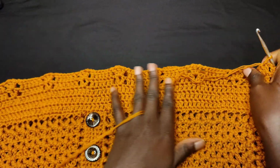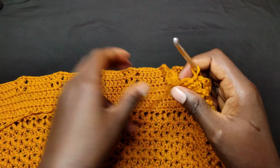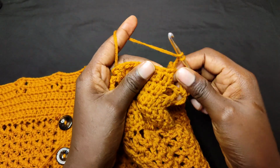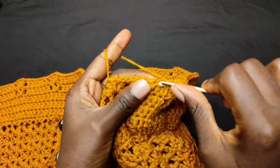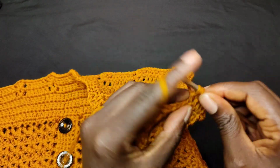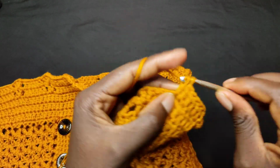I'm done with this row, and this is how it looks like. Now let's go to the next row. You're going to chain 2 and do your double crochets, the first 6 double crochets, 3, 4, 5 and 6,